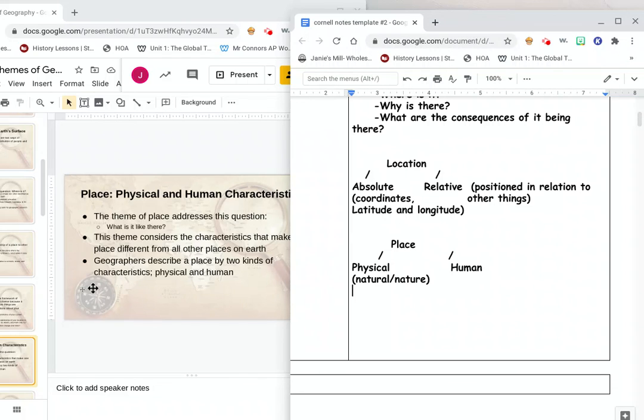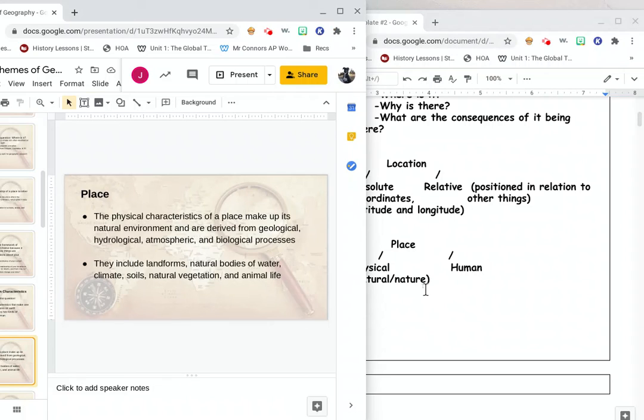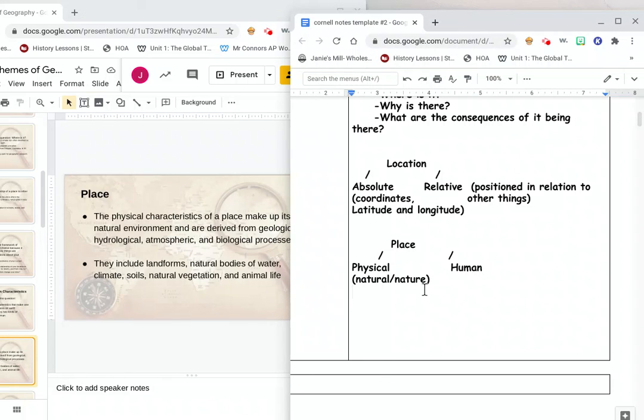When we're talking about physical space, we can also discuss what it is like in terms of separating it from any other place in the world. Is there a body of water? Is there a mountain? Is there animals? Is this spot the location of the silverback gorilla? Is this place home to poison ivy or maple trees? Is this place unique because it has a higher level of oxygen than other areas?